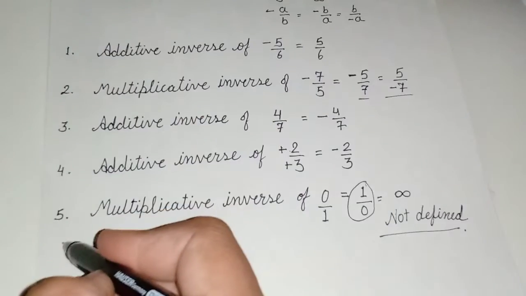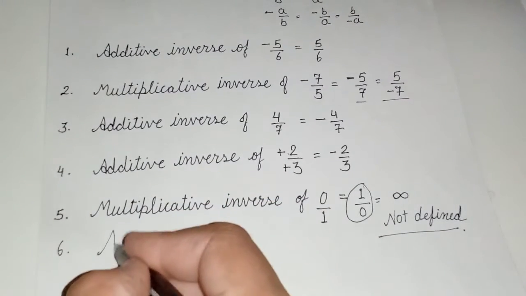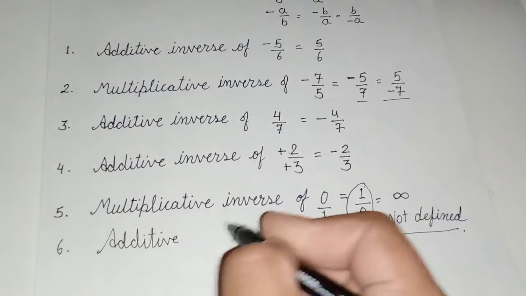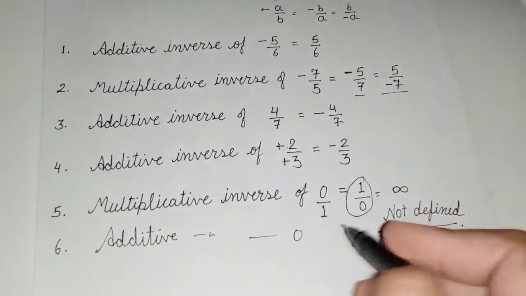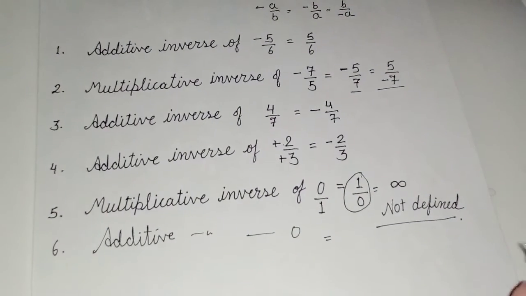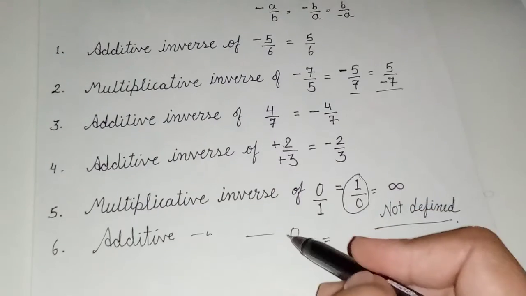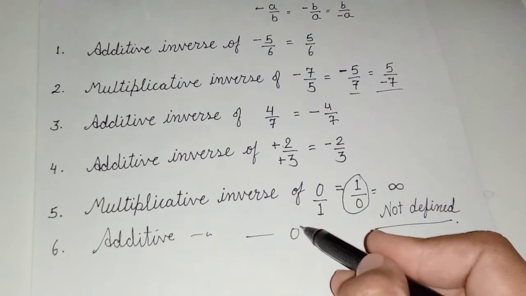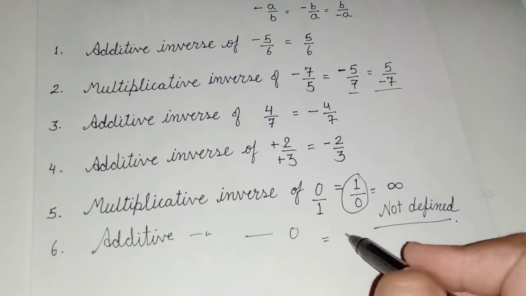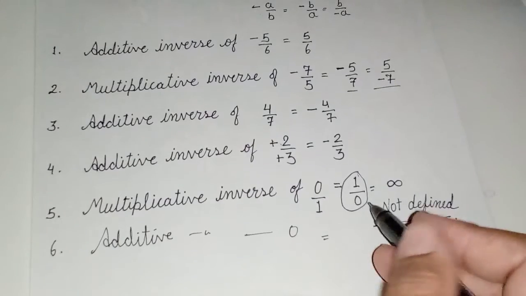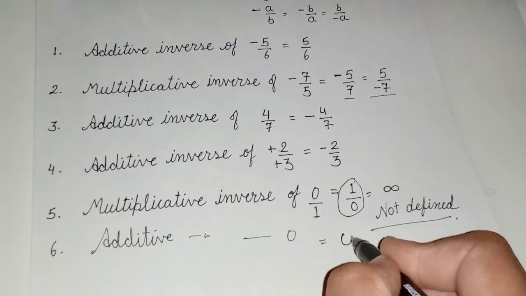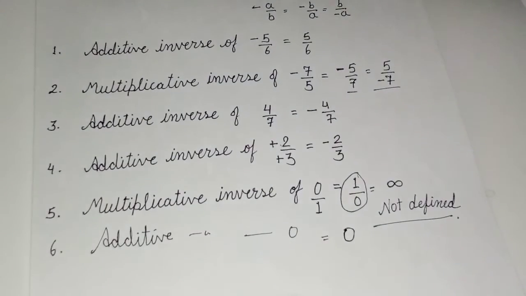And what will be the additive inverse of 0? Can you tell me? See, if we have to write the additive inverse of 0, I have told you to change the sign, right? But 0 is a special number. It is neither negative nor positive. You cannot do it like this: no minus sign is here, so 0 is positive, so its additive inverse will be minus 0. 0 is neither negative nor positive. It doesn't have any sign. Okay, so additive inverse of 0 will be 0 only.